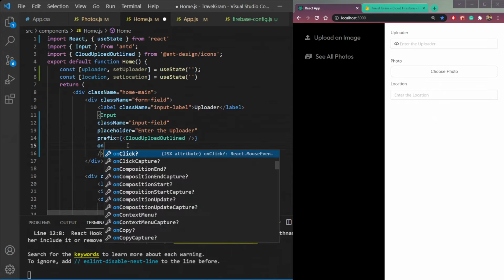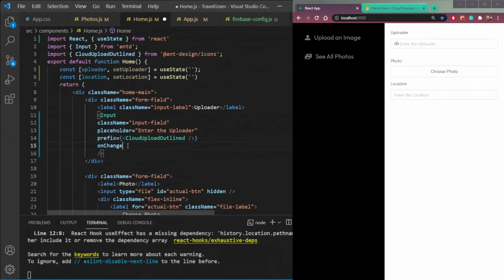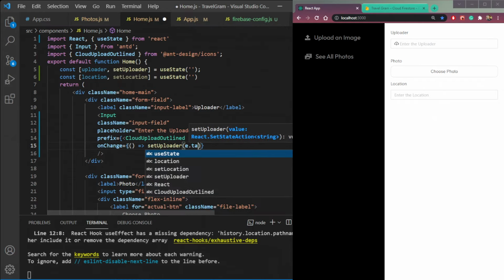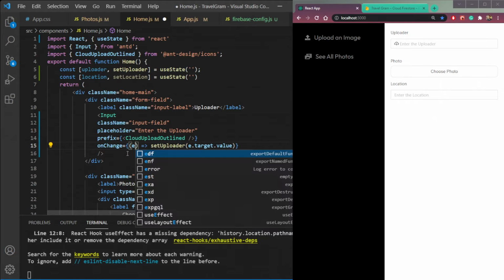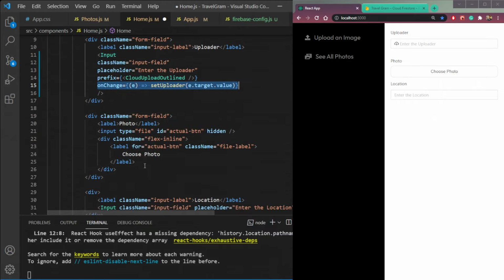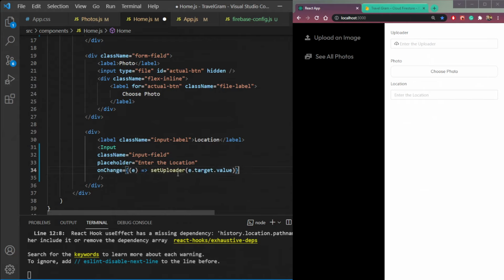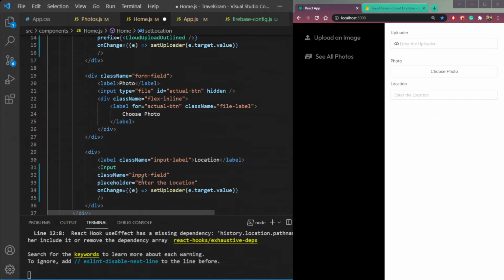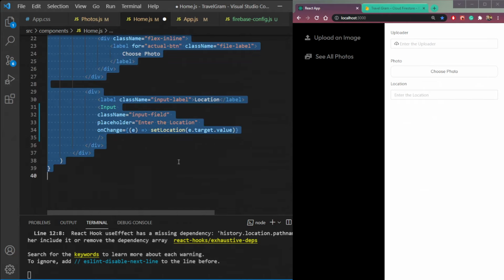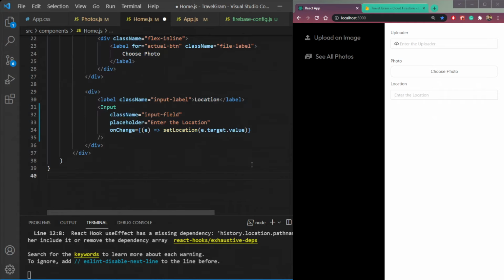Then onChange, setUploader e.target.value, and here also, but this will be setLocation, not setUploader, because this input field is for location.